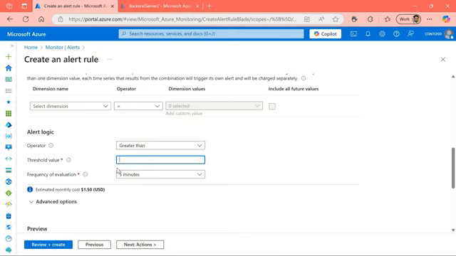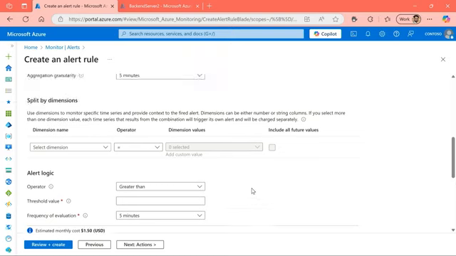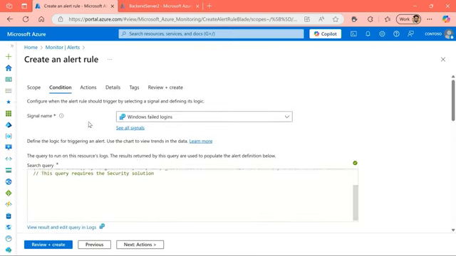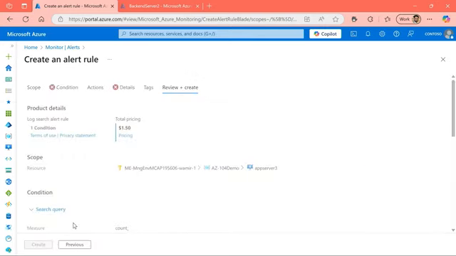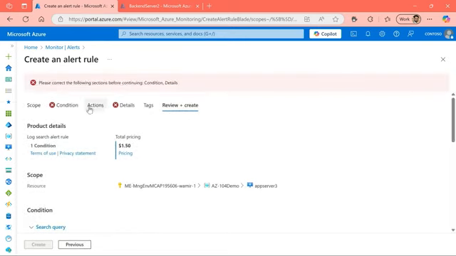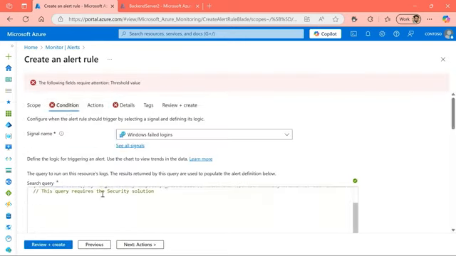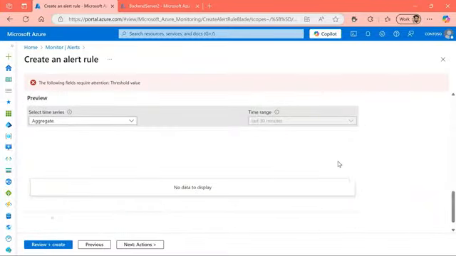So you can add a threshold at this point over here. Now it gives you a rough estimation of the cost of creating this alert, on how much this will cost you to run. For now, we'll leave that alone and move away from here. Let's start creating some of these details so we are happy with the condition that we've got, that we have a virtual machine, and if there was a failed login attempt on this, we want to be made aware of that. Now let's carry on creating this. Oh, apologies, jumped too many menus. Let's go back into the condition and